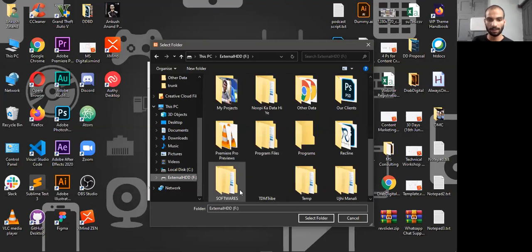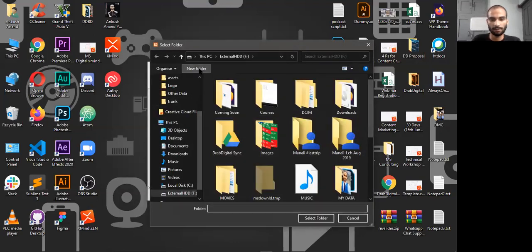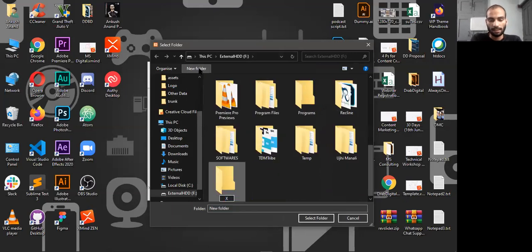So what I'm going to do is install it in this folder, and I will create a folder called XAMPP here. Sorry, I need to create a new folder. So here I can create a folder called XAMPP, or you can name it whatever you want.